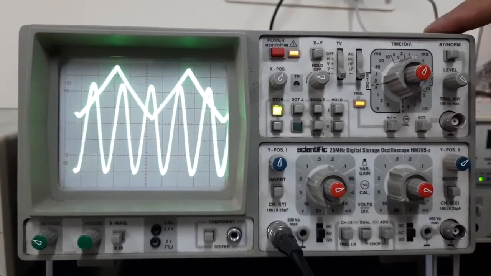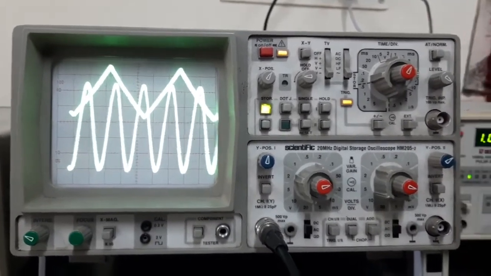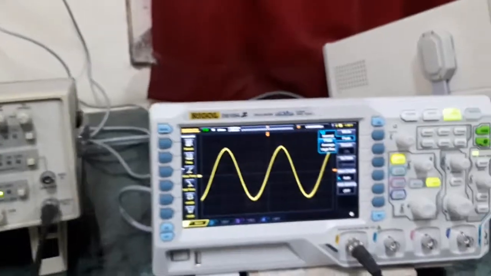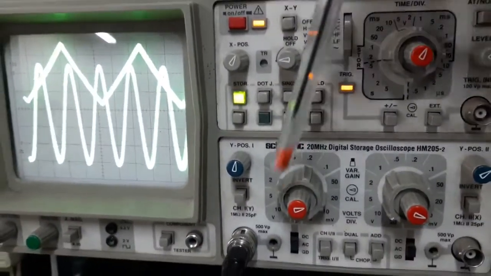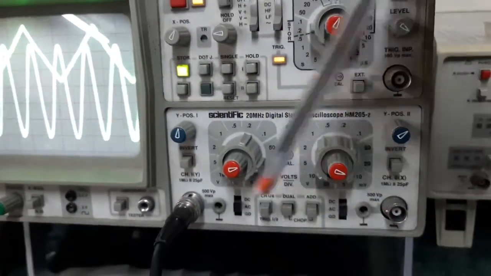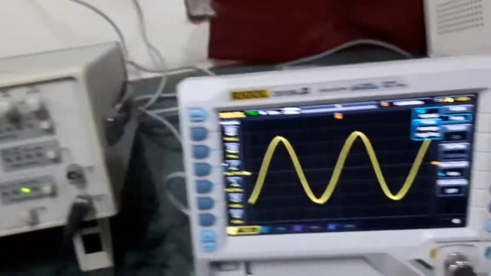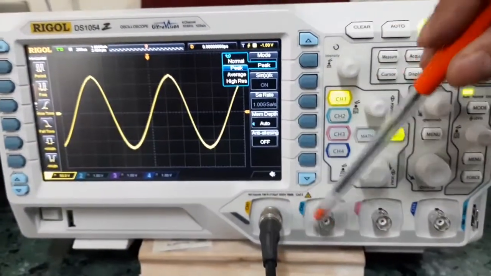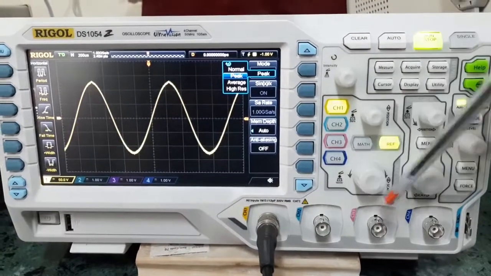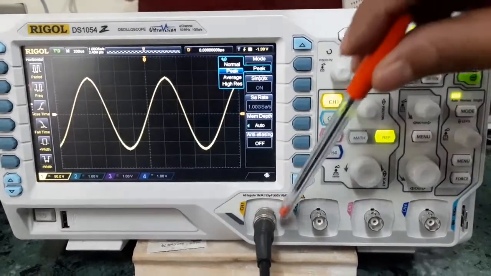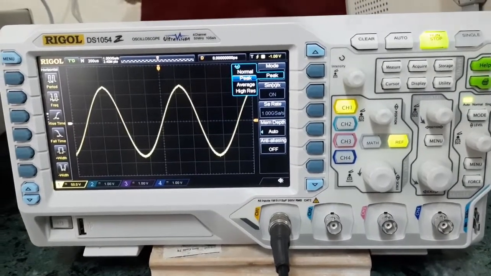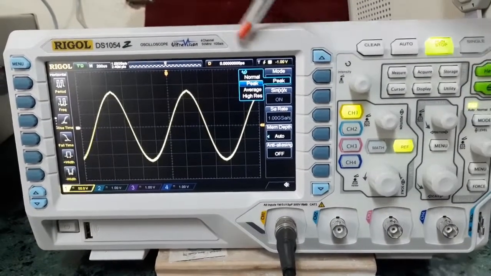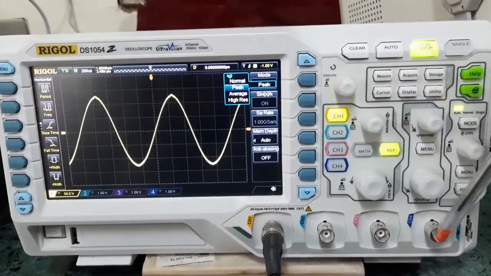Now this was the old DSO. The new DSO is also available here, and it has the same functions. If you look at the old type of DSO, only two channels are available, but the new DSO has 4 channels. That means 4 waveforms can be analyzed, stored, processed, connected to 4 different circuits, and can be used as an ordinary CRO also, right?